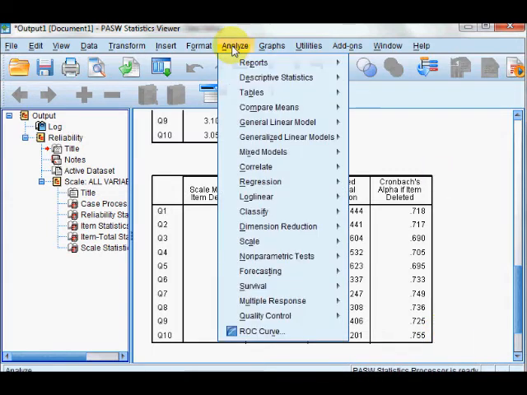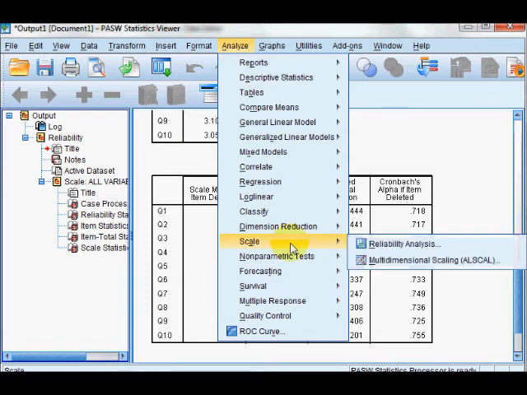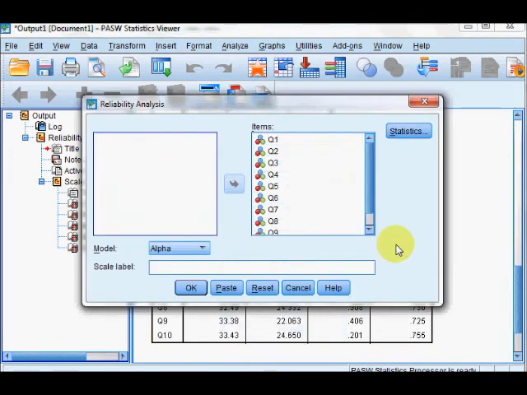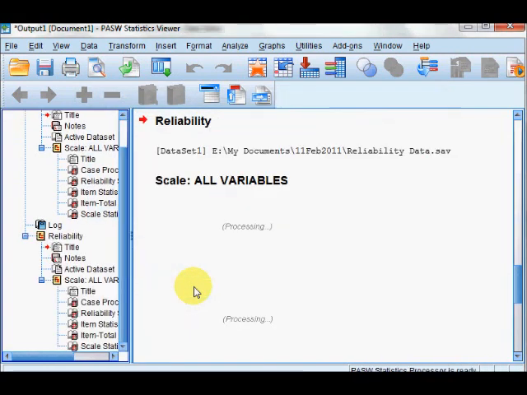We're going to just go back to Analyze, Scale, Reliability Analysis, and take question 10 away. Now note, this is how we do it. All we have to do is just take it out of this list. We don't have to go back to the data and delete the whole column of data from our data set. That would be a bit silly anyway, because we'd be losing what may in the longer term be valuable data. So we just click OK,